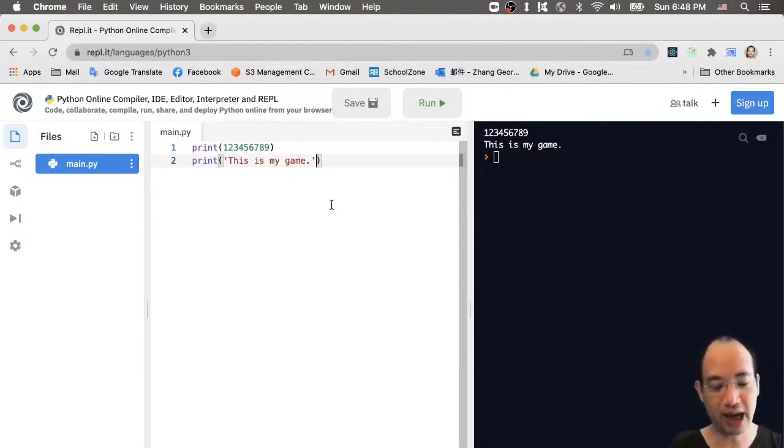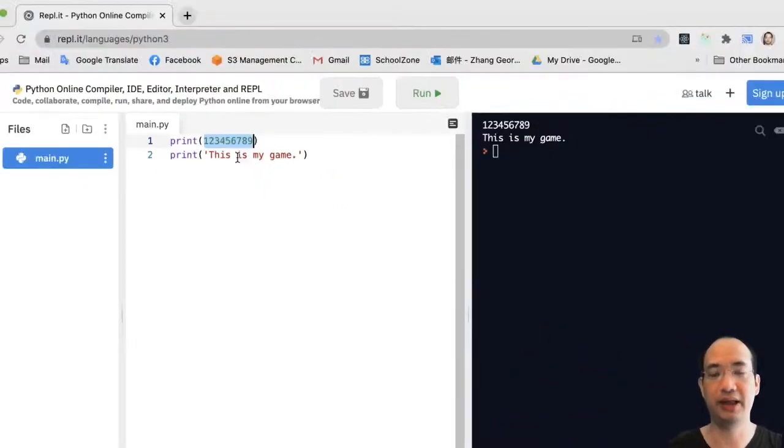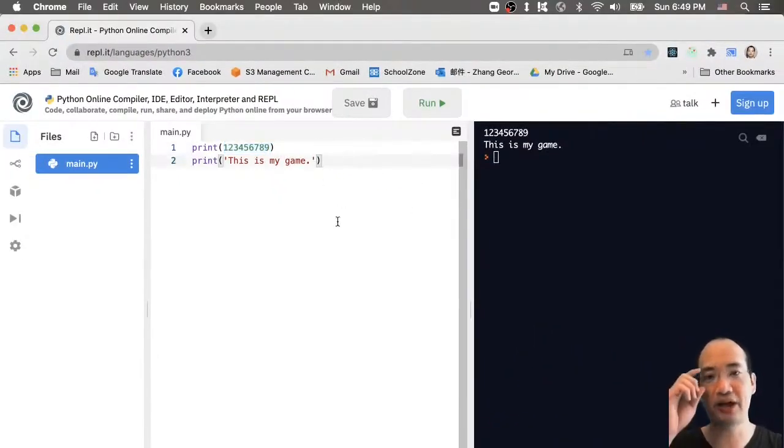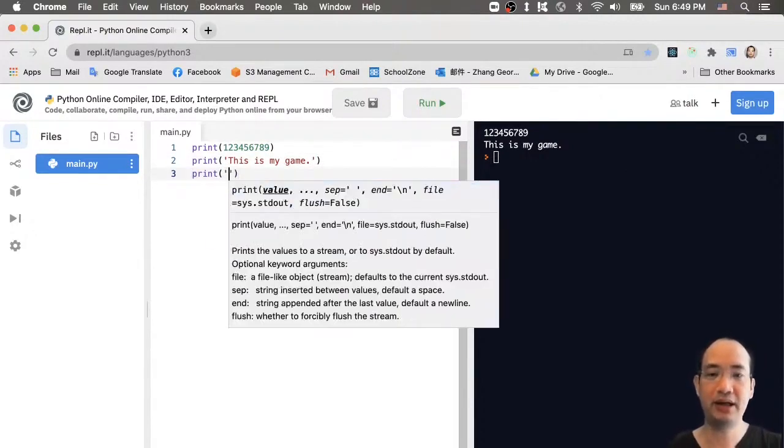Every time you hit the enter key, on the left side of the enter key, there's a single quote. As long as you press the single quote, this is my game will turn the color red, and if it's a number, it should be color green. The funny thing here is if you can print, it will output here, this is my game, right? So I'm going to do one more print,